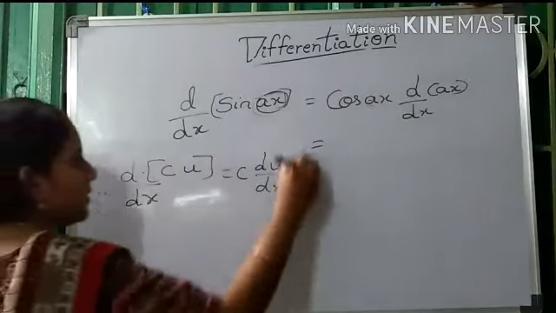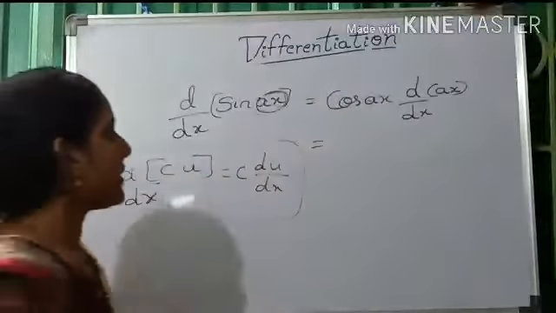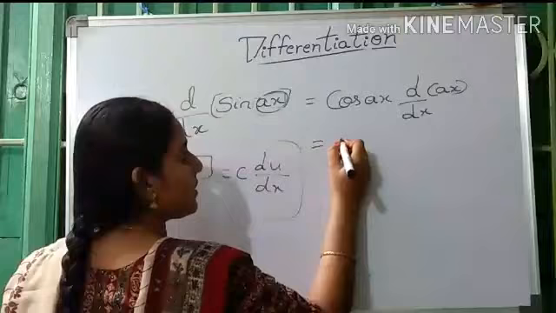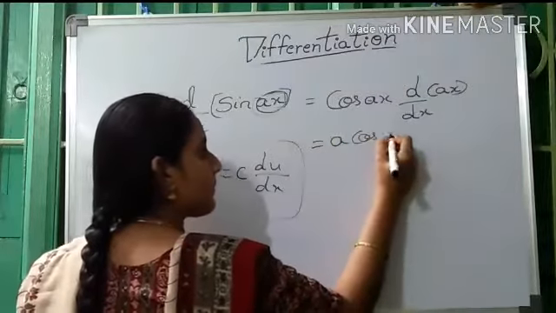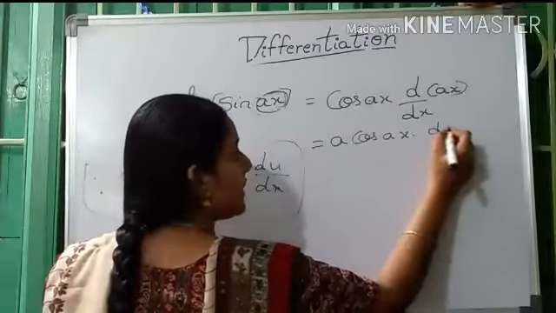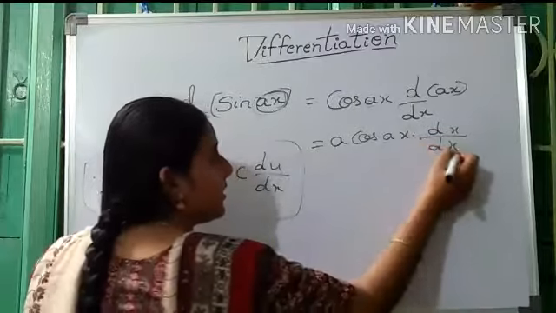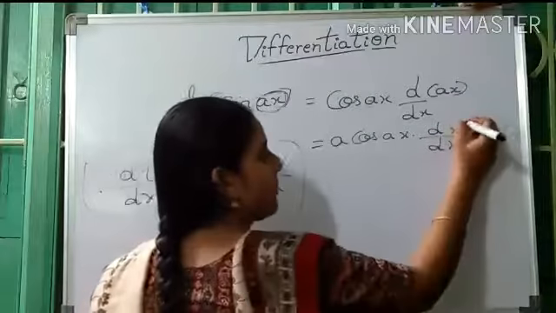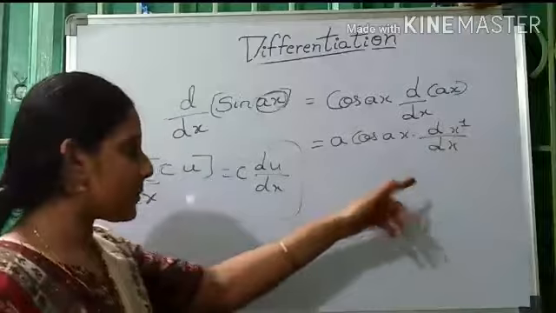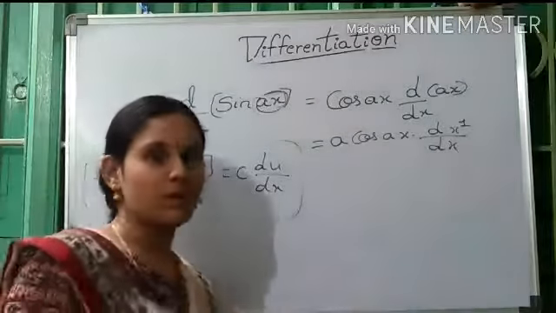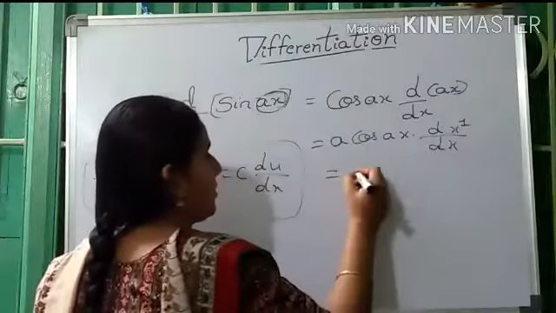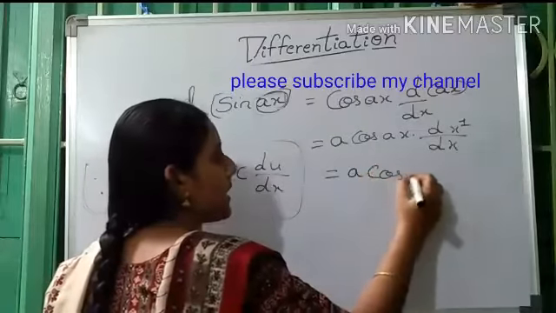Using this formula, we can do that. a comes out, a cos ax into dx by dx, d of x power 1 by dx, which before we found is equal to 1. So the final answer will be a cos